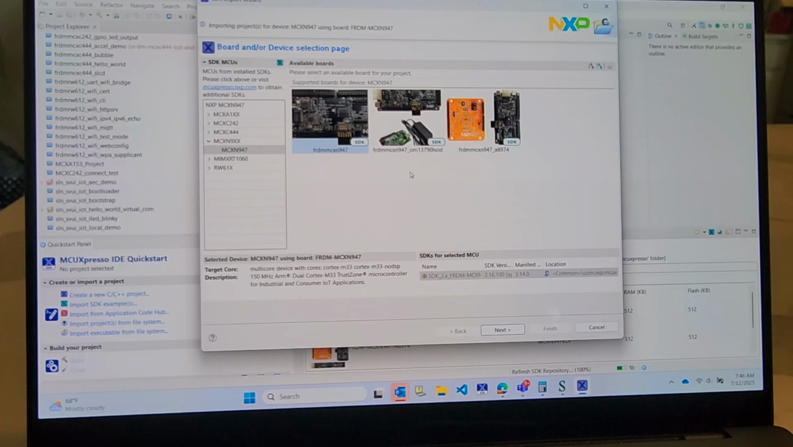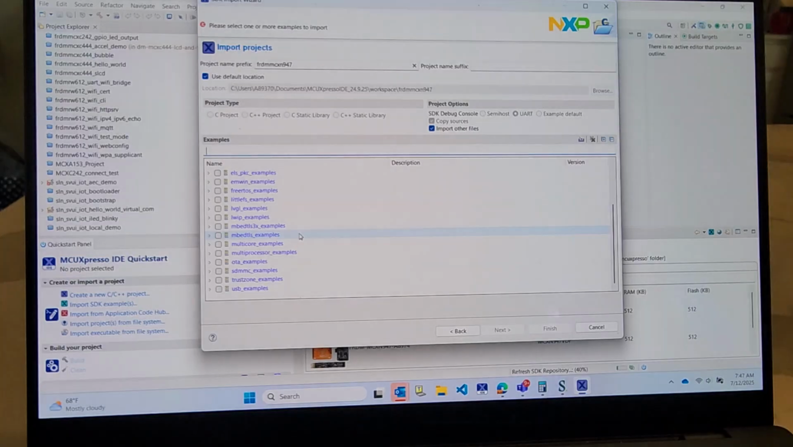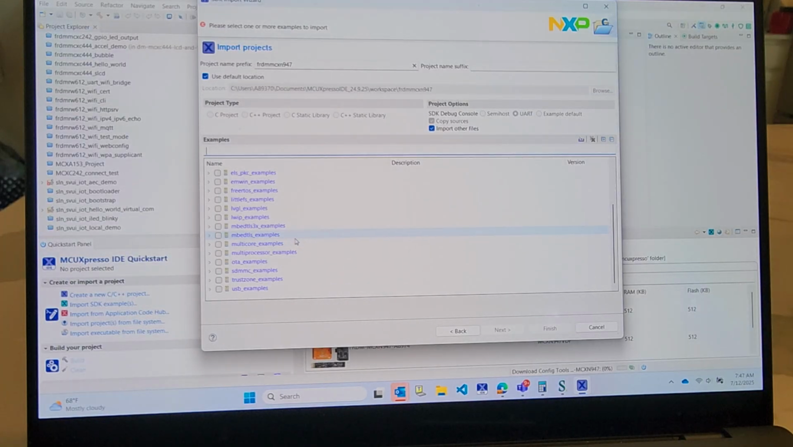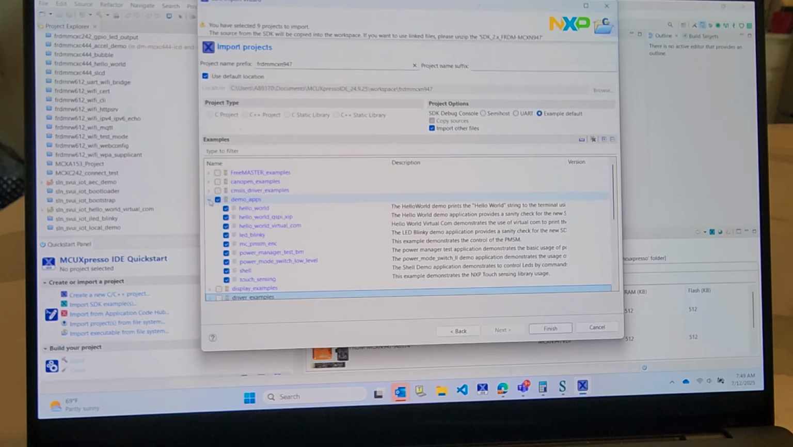Okay, so here is the SDK. We'll click on that one and hit the next button. And then here's a bunch of examples. I've got to go and find the right example, so let me look around for a sec. Okay, on this demo, we're going to get some of this code from the Application Code Hub. So in this case, I'm just going to click demo apps here, and I'll get Hello World and some of the other simple applications. So I'm going to hit finish on that,